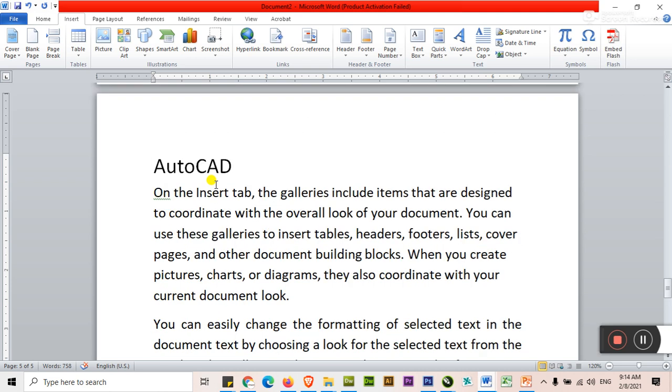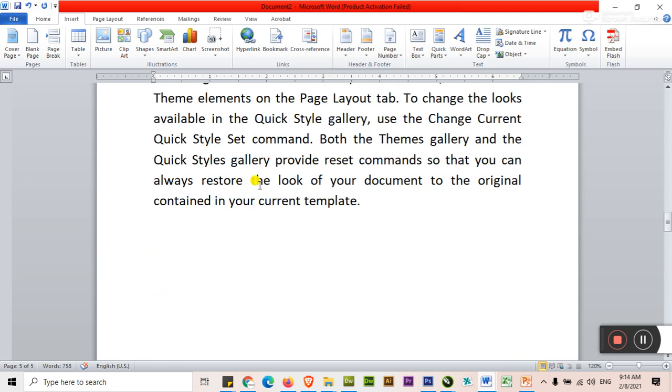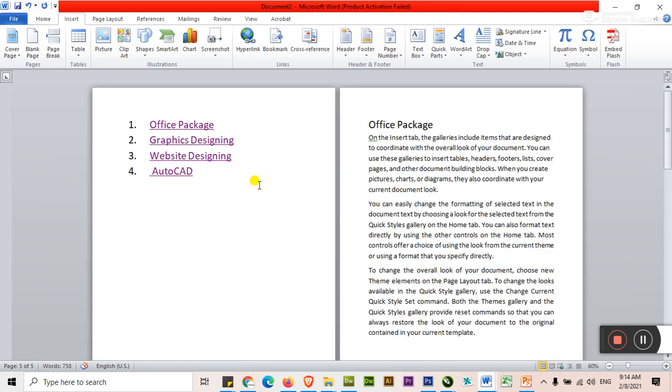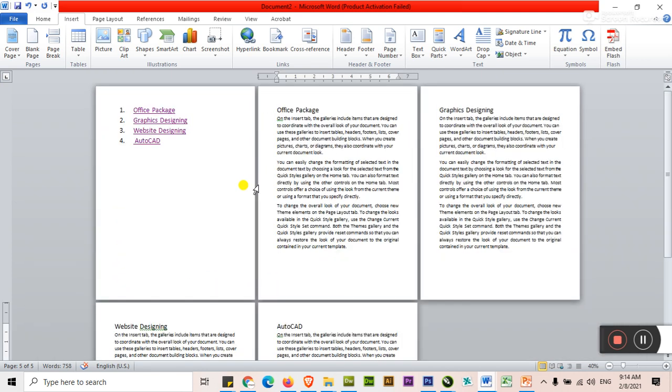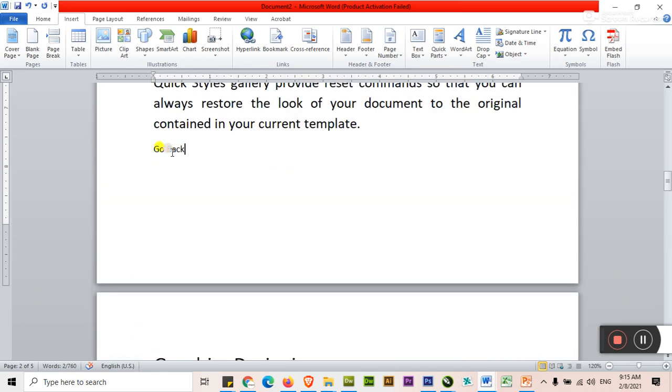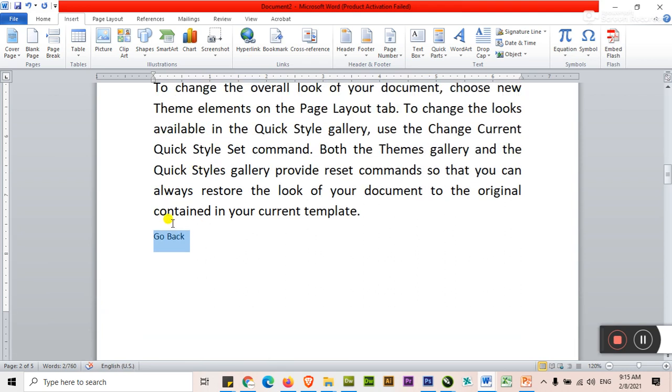But the issue is that we have to scroll upwards one by one. I want to jump quickly to the first page. A solution is to type at the end of every page, Go Back.